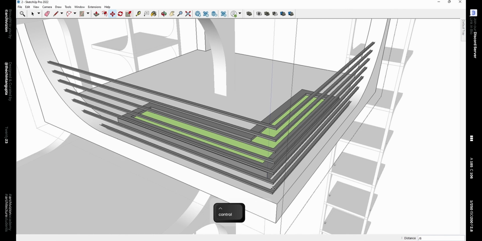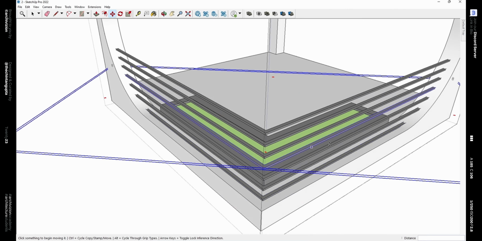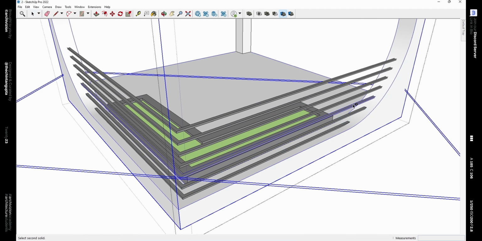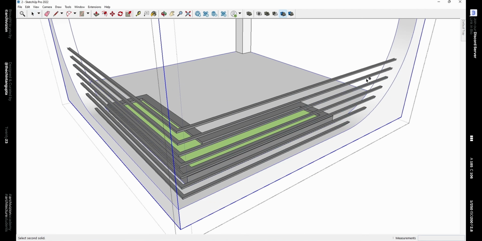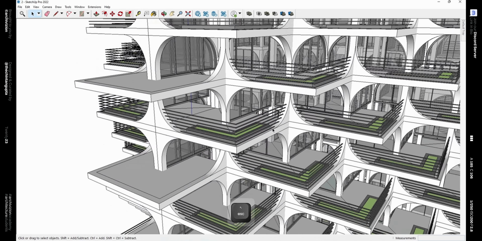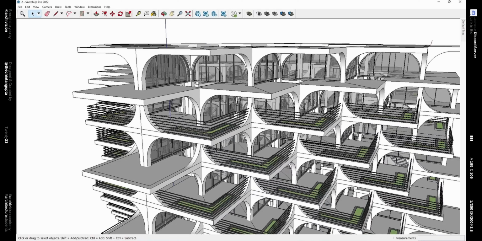Now as these railings are sort of going inside the geometry, we need to trim the extra parts. It's an optional thing, I like to do it. So select the parent group, then press trim in the solid tools panel, and then click each of them individually. Now that would trim these. If we press X, we can see the railings are all trimmed. Now our form is sort of coming together.